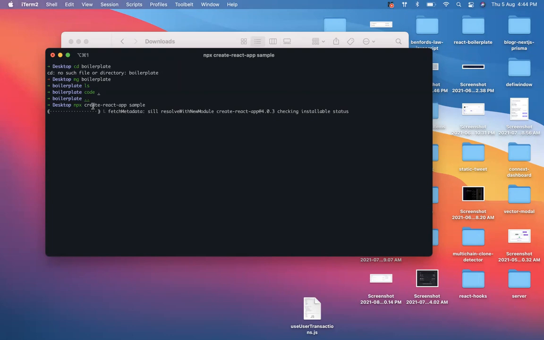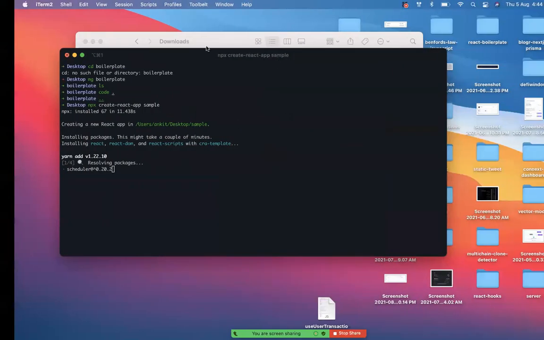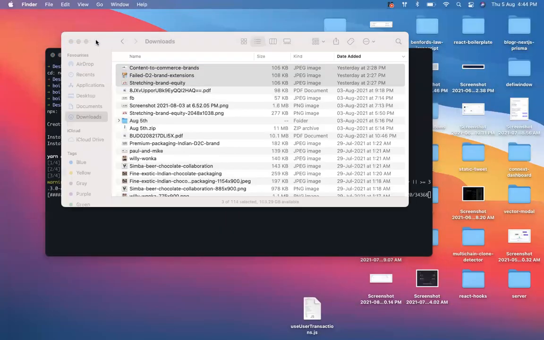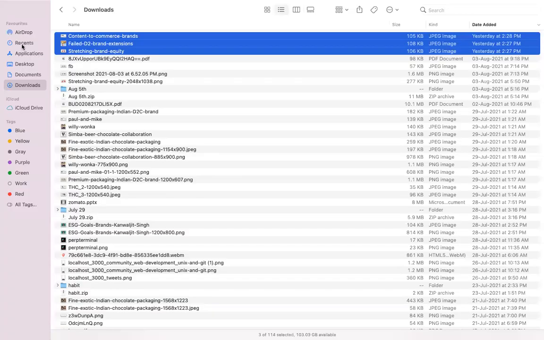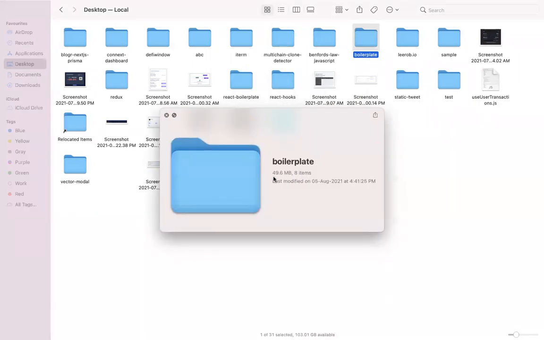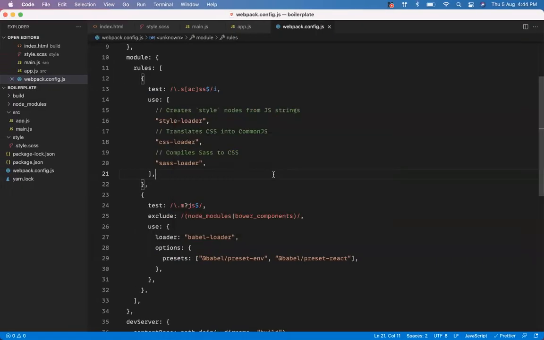It is just going to create the same structure that we have, and they're doing it for you. But generally they add a lot of extra features on top of this, and that's why it is a lot more heavy. If you look at the size of this boilerplate here, it will be less than the one that we generally see. For example, if I look at your desktop and the size of it, you'll see that the size of the boilerplate is very small, like 49 MB. Have you seen yours to be 49 MB? You have not. That's what I'm saying.